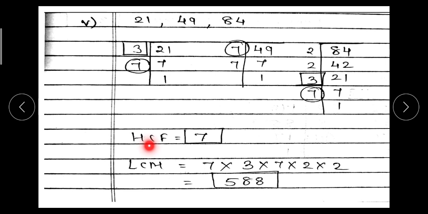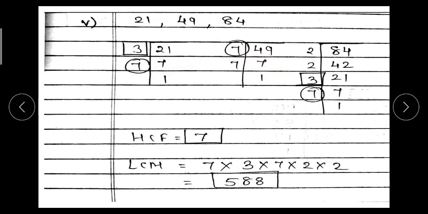Now to find HCF, we have to take out the common number. So the common number I can see here is 7. See here. 7 is common in all the numbers. Yes or no? So 7. Can you see any other common number which is there in all the numbers? No such number is there except 7. So the HCF is 7. Now LCM. Take out common.